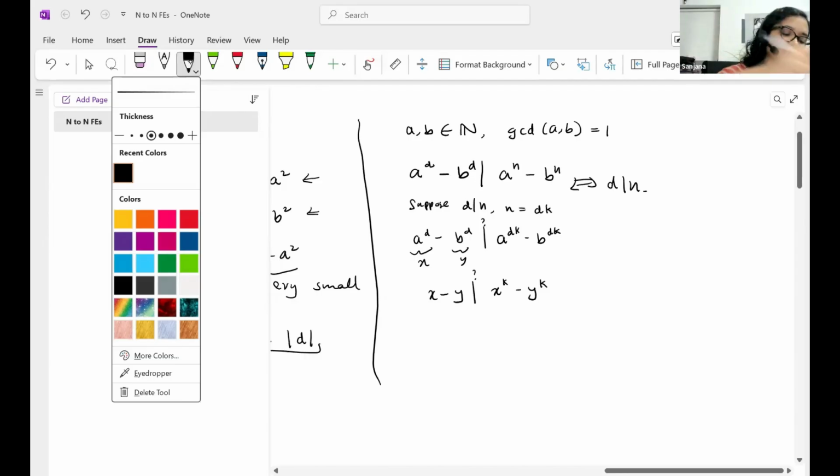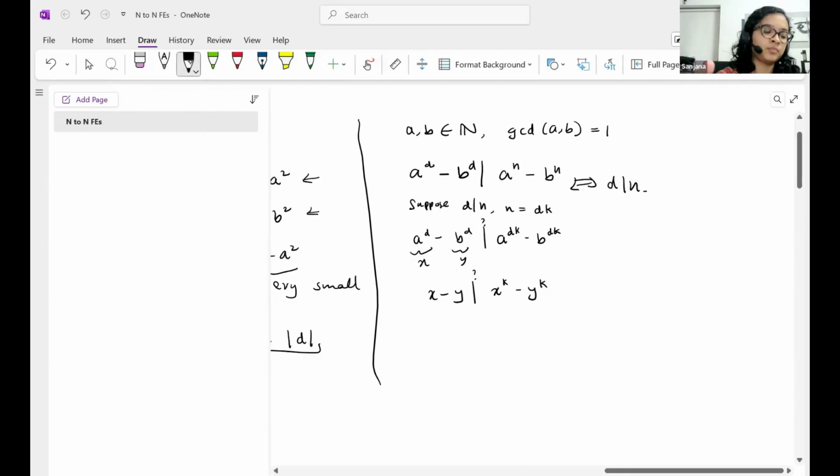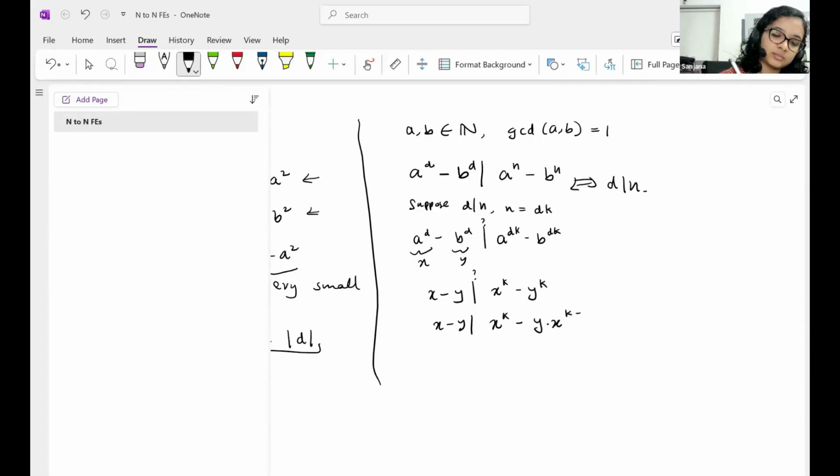Yeah, sure. So one proof is the polynomial one, directly showing that this polynomial divides this polynomial. But a more number theoretic proof you can do is you can just multiply this by, so you know x minus y divides x raised to k minus y times x raised to k minus 1. So subtracting, what you want to show becomes